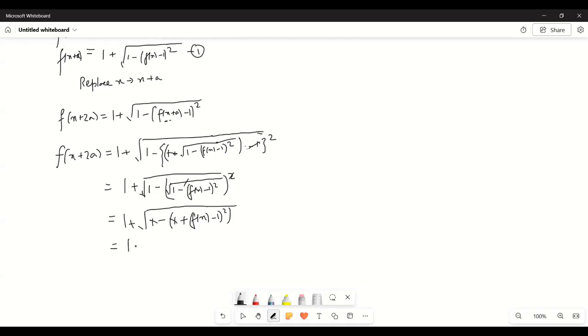So this will end up becoming 1 plus root over of f of x minus 1 whole square। फिर ये स्क्वायर और ये रूट कैंसिल हो गया, तो we get 1 plus f of x minus 1। तो ये -1 ये +1 कैंसिल होके we finally end up getting f of x plus 2a is equal to f of x, which then implies that the function is periodic with period 2a। हाँ अब ठीक है, इस बार कैलकुलेशन सही है।